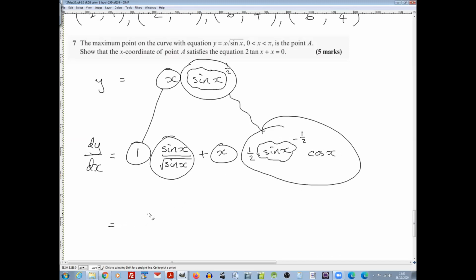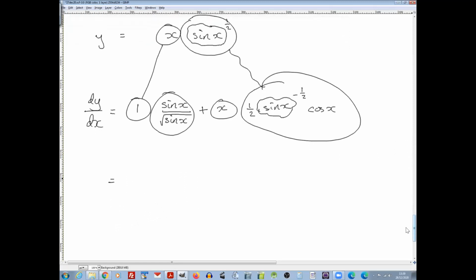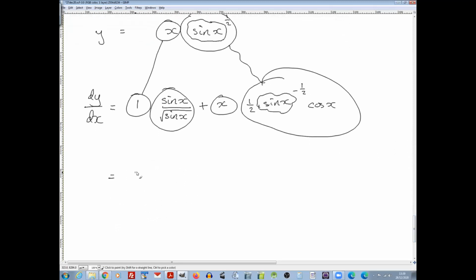Exactly. So let's simplify. Then you get sine x over root sine x, plus